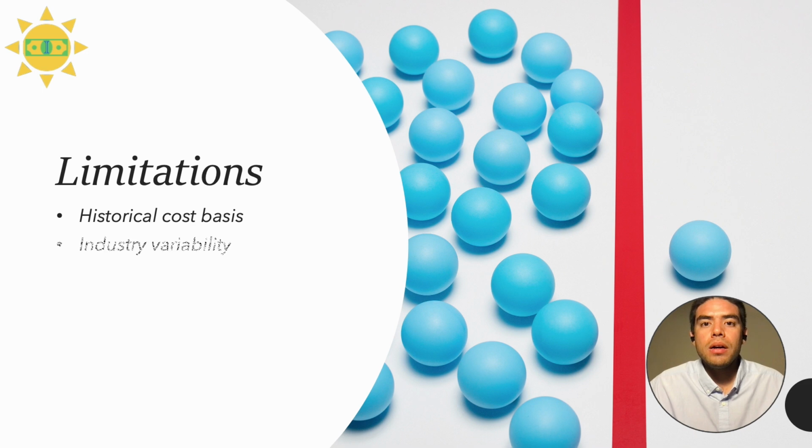Also, there's the concept of industry variability. Certain industries may have higher or lower book values per share on average. Also, even in one industry, certain companies may have an average book value per share which is higher than other companies. Does this necessarily mean this company is a bad investment decision? Well, not quite, given that the demand for a company may increase its current market price much greater than the book value per share, but the demand makes the company worth that at the time of the trade.